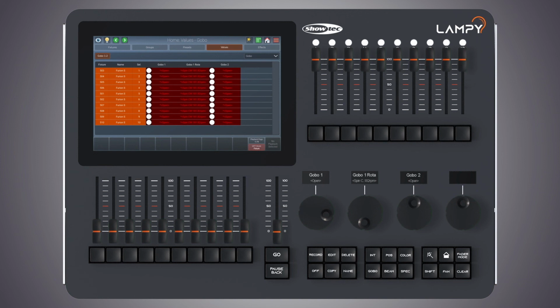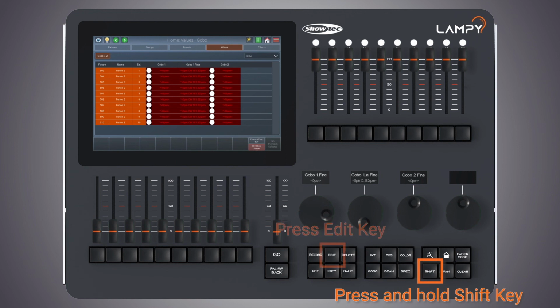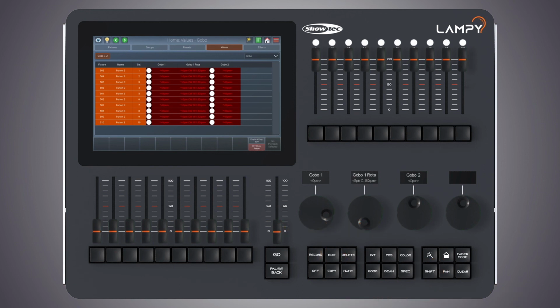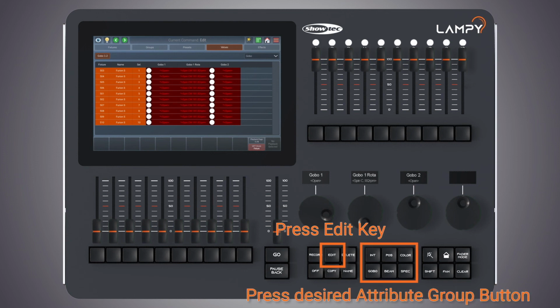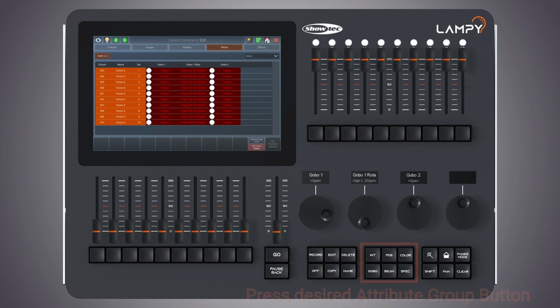Should you wish to load the whole fixture output, including any effects running, you can simply press the Shift key and keep it pressed, and then press the Edit key on the front panel. You can also load complete attribute groups into the programmer by pressing the Edit key on the front panel and the corresponding attribute group button on the front panel.